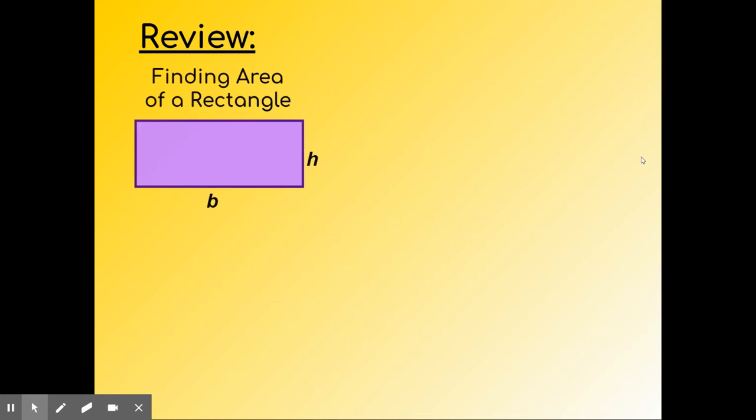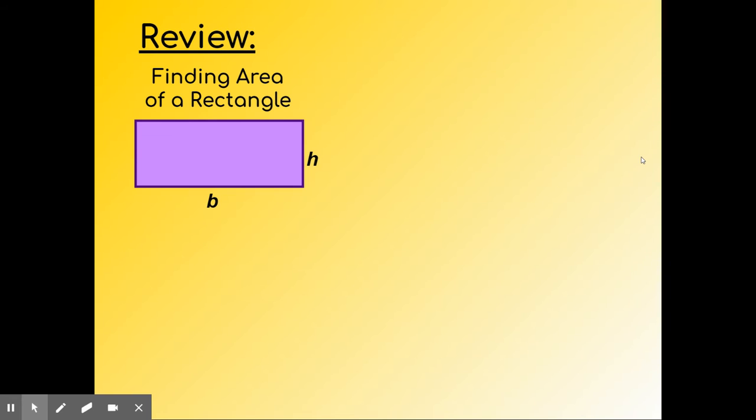This is quite useful because what we've been doing, work equals force times distance, is really just one uniform motion in the movement of one direction. This allows us to look at a system overall and figure out how much work is being done overall as a system changes direction or force changes. So it's very helpful. But in order to do that, we first have to talk about finding the area of